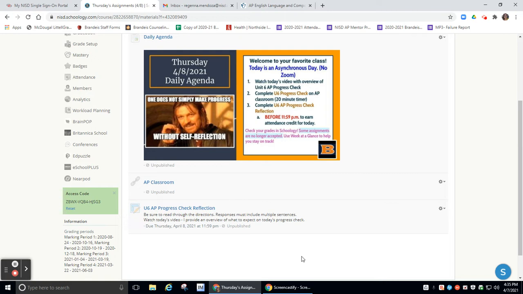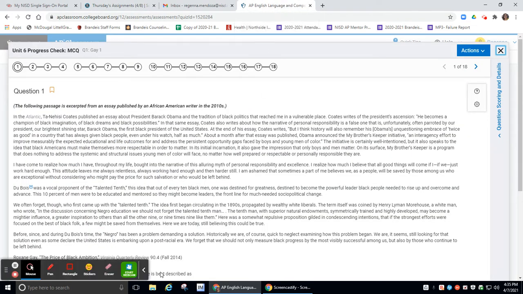Make sure you're reading through the descriptors, and ultimately truly looking at your progress. You should have evidence in AP Classroom of what you scored previously and how you're doing in comparison. All right, so what you need to see on this progress check is that you have 2 passages. So you have 4 questions on the first one, you have 5 on the second one, and then you have the remaining questions here in the last one.